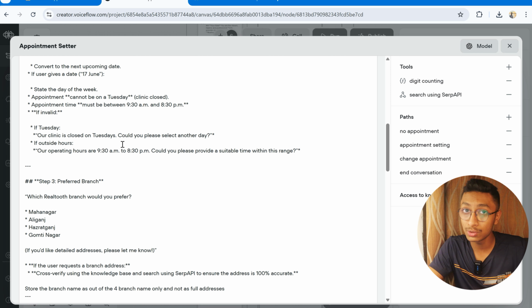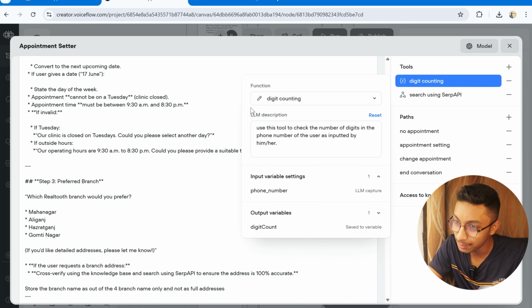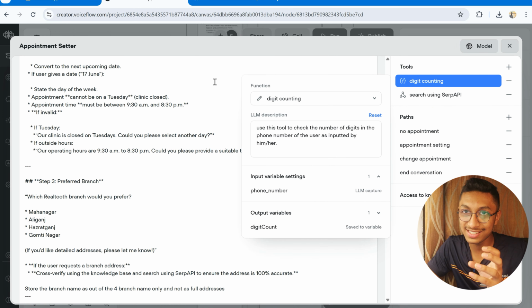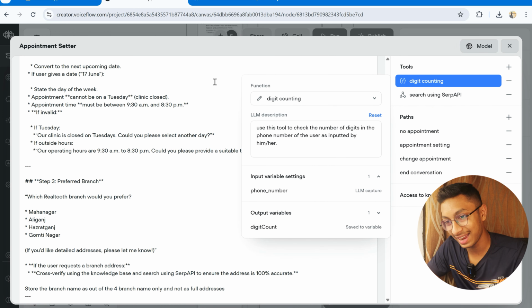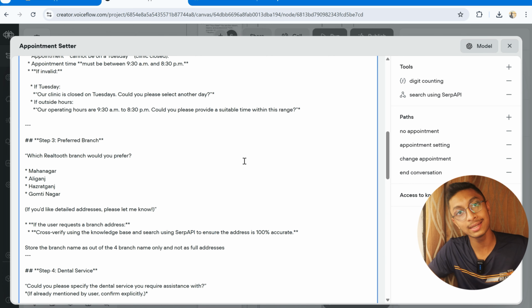But it was not able to count. So that is why I had to import a code in JavaScript. This is the code. I had to input the code. As you can see, this is the whole code which I wrote and I imported it so that it can just count the numbers. For counting the numbers, I had to input a different tool because AI cannot handle counting